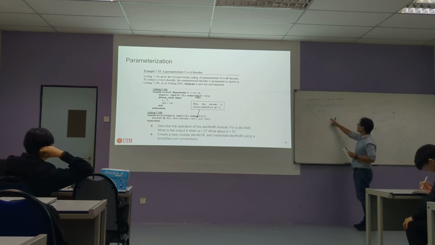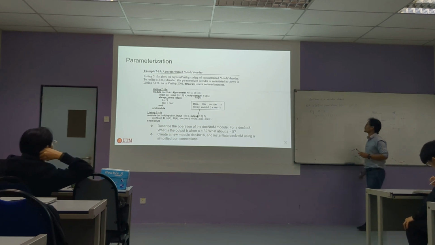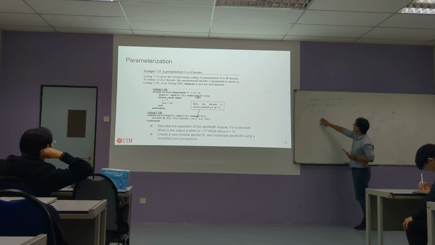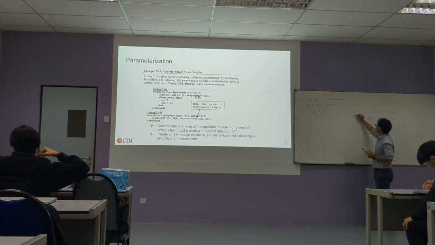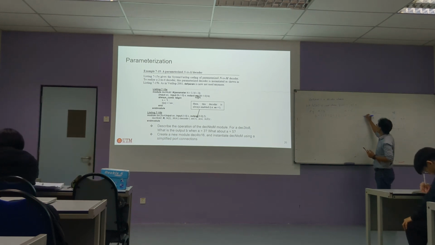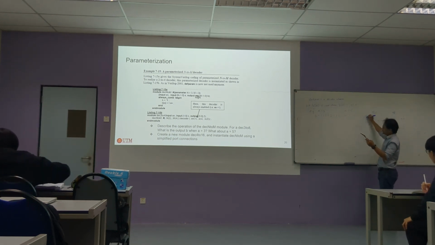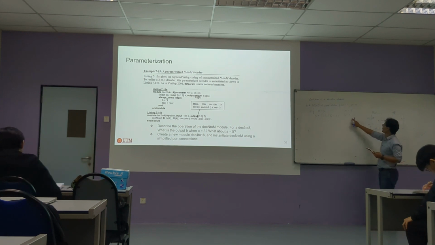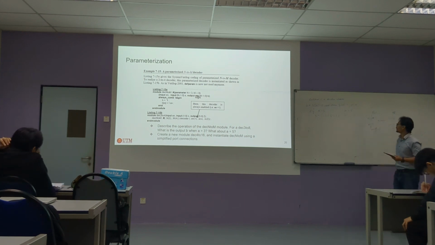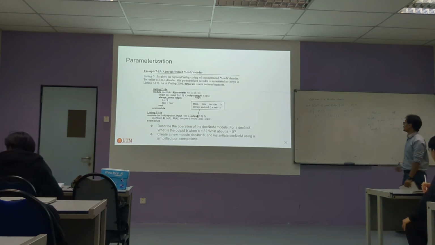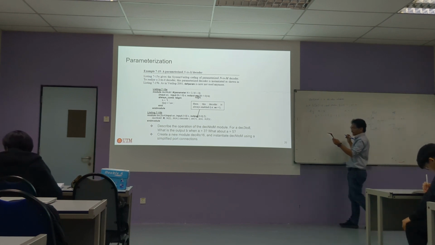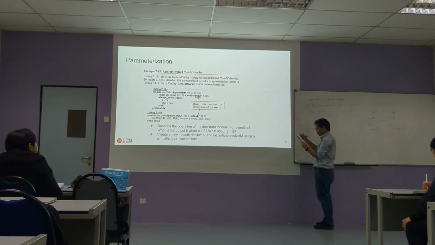So not 3 from here, 3 from here. Then you have b equals to 5: 7, 6, 5. The fifth bit will be 0, the others will be 1. And then for the module,